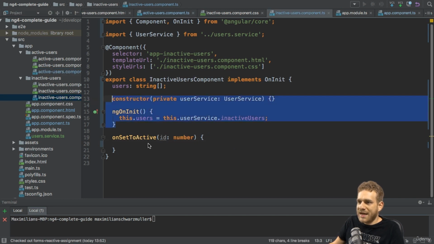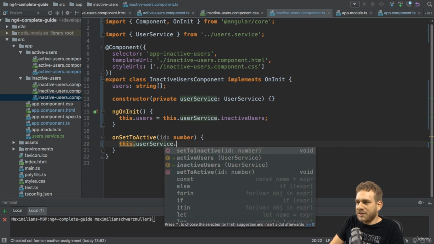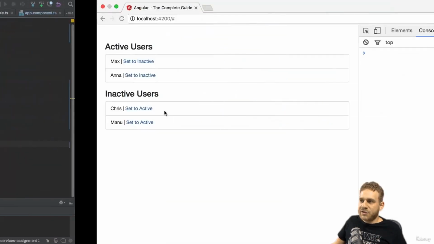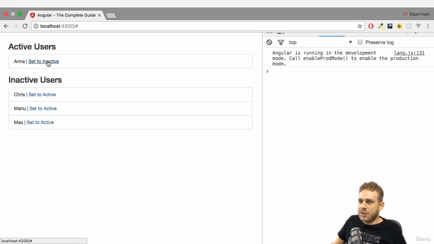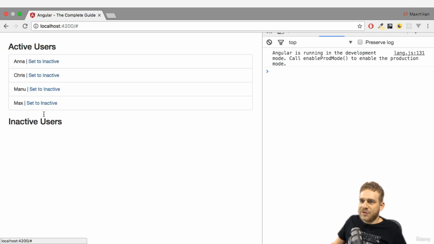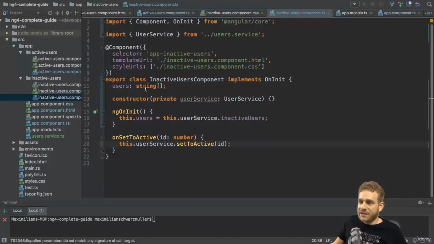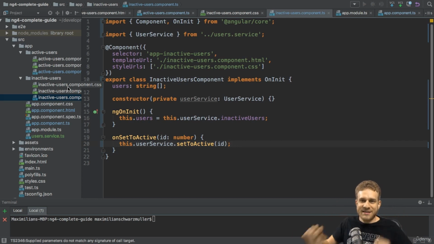And on the other hand, in the inactive service, I want to do the same, reach out to the user service, and here call set to active and pass the ID. That should be all. Let's see if this works. If our app here is reloaded, I can still switch my users around. So this first part does work, but boy is it leaner, much less passing around, instead having a clean central